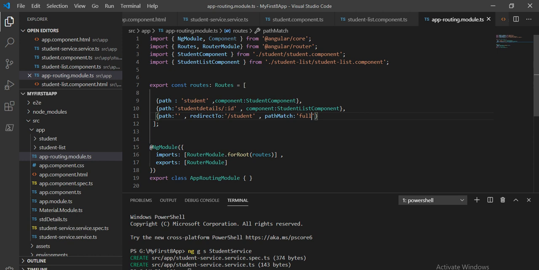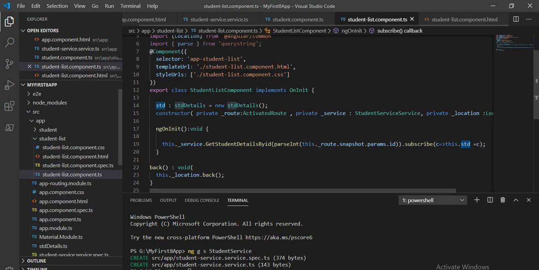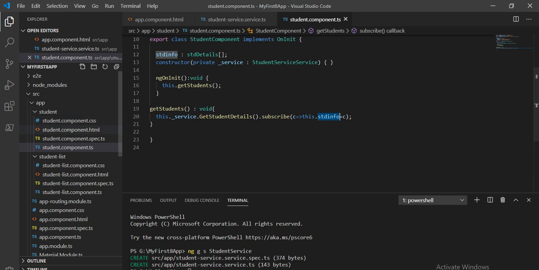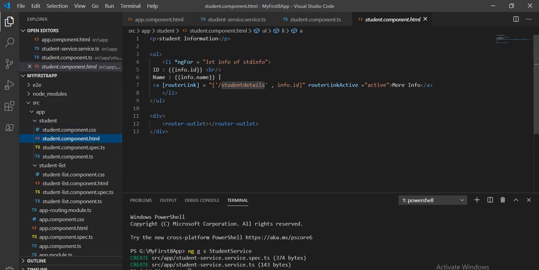So that's the thing, we have defined the path in the app.routing.module.ts. Now when it lands on this student.html page and we click on this link, it will go to the student list component.